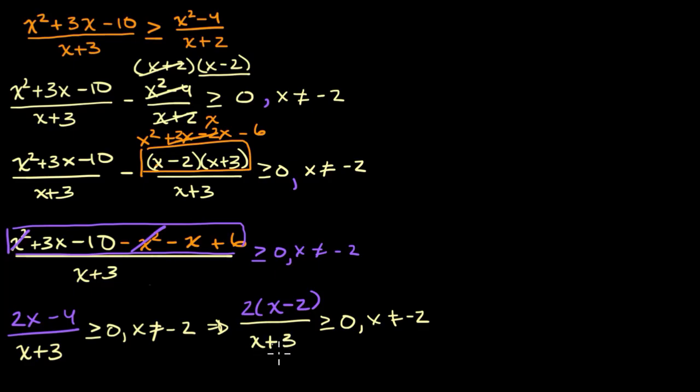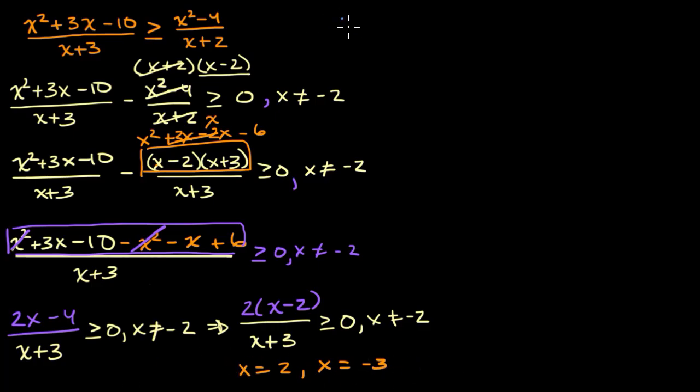What we want to think about is what are all the points where we might have a sign change. And those are going to be where the numerator is equal to 0 or where we have a non-removable discontinuity, which x equals -3 is. So the points of interest are x equals 2 and x equals negative 3. X equals 2 makes the numerator 0. X equals negative 3 makes the denominator equal to 0. Now, what we want to do is test the intervals to the left, in between, and to the right of